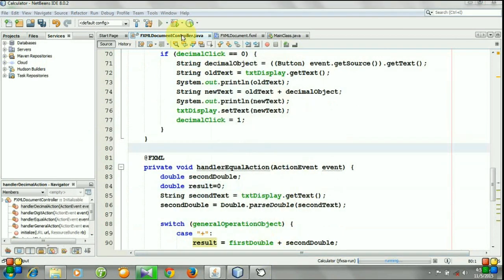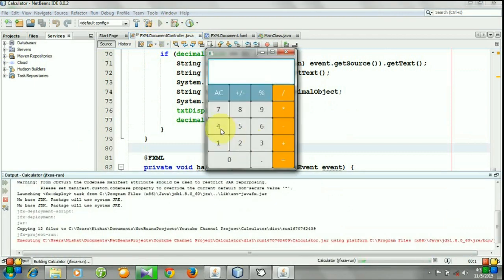Let's run the program again. So 45 into 3 is equal 135. 7 divided by 3 is equal 2.3. 7 plus minus, that reverses the 7 into minus 7, plus 3 is equal minus 4.